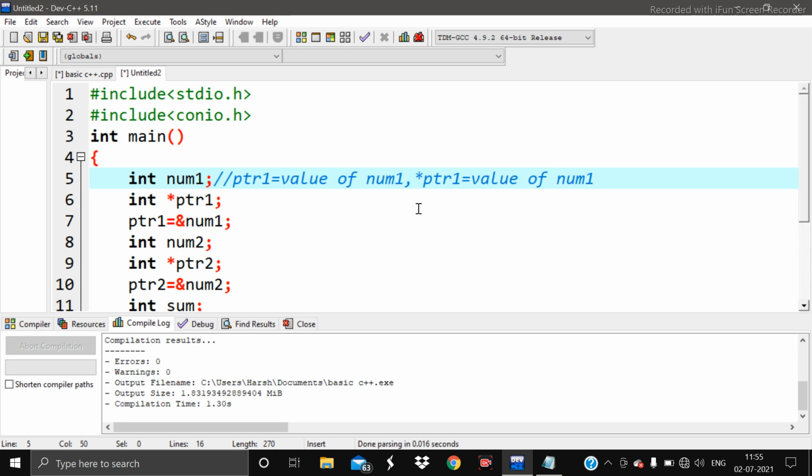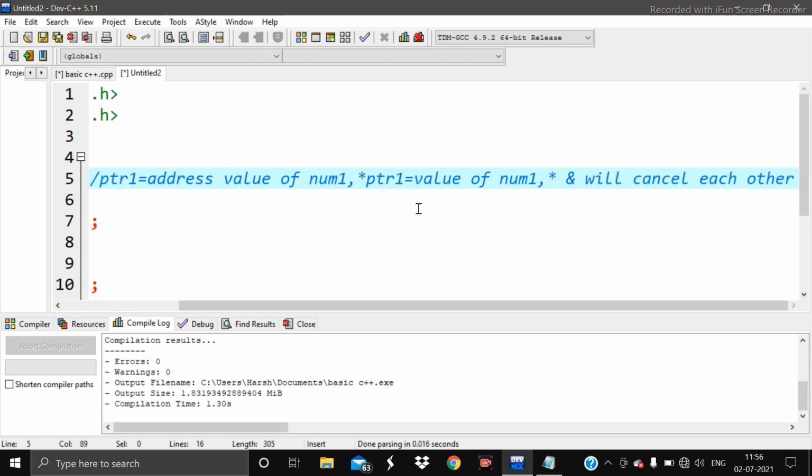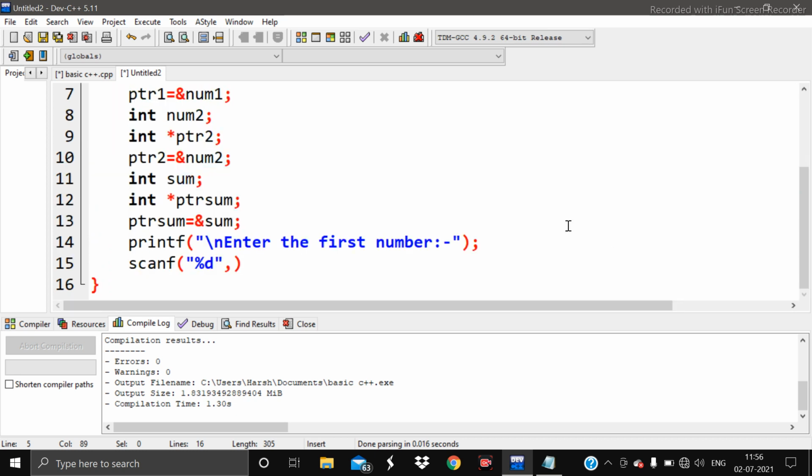Sorry, I mean it the other way around. So the asterisk symbol and the & operator will cancel each other. Here if we write just the pointer variable, there will be no issues.